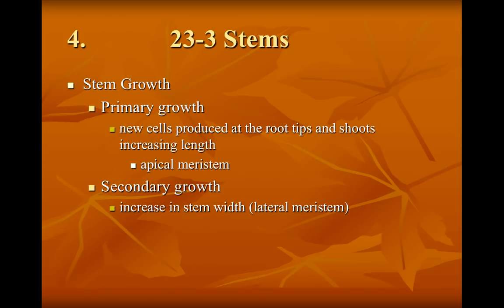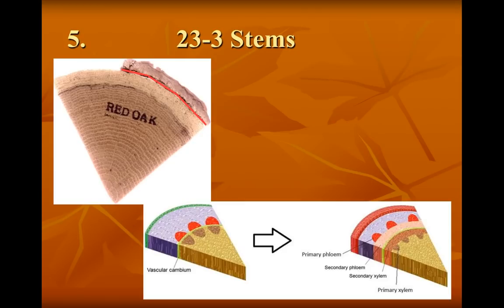Now there are two types of lateral meristems that we'll talk about. There's vascular cambium, and then there's cork cambium. I don't know if it's cambium or cambium. I learned it as cambium, so we'll say that. We'll talk about what each of these two do, and that should finish up our notes. So vascular cambium